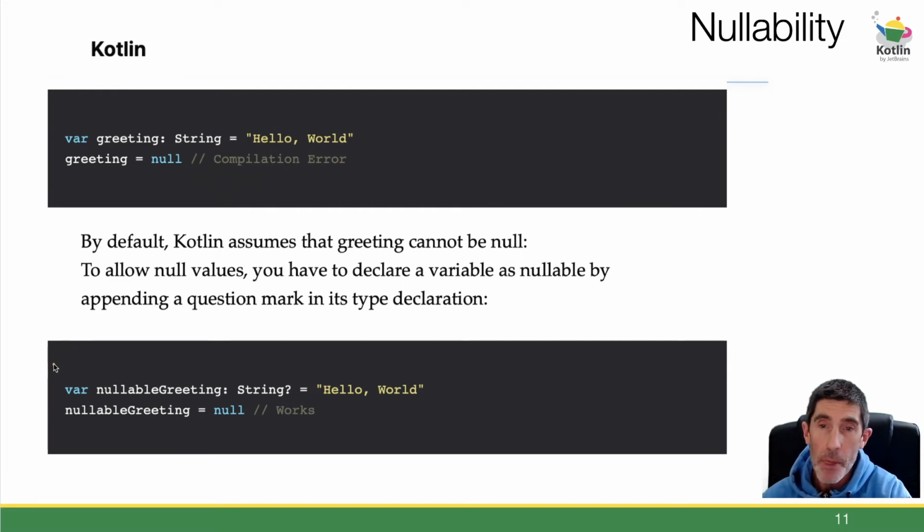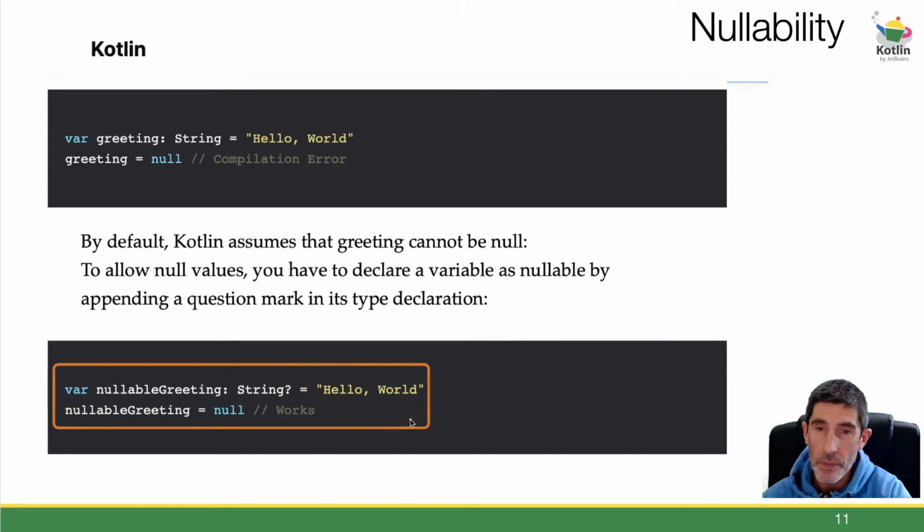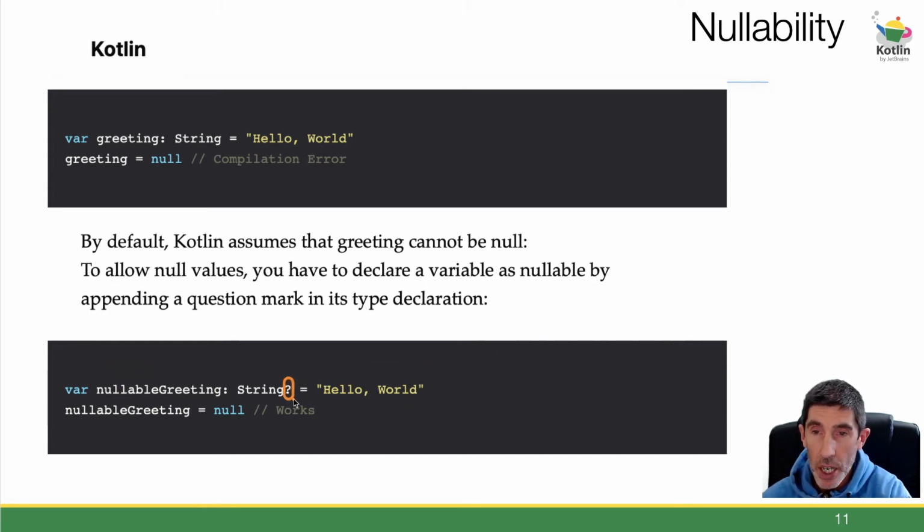So what you have to say is something like this down here. We can say var nullableGreeting colon, and that's the key part there. We're appending the question mark to the end of the type declaration, and then assigning it a value, so that at a later point, if we go ahead and reassign that null, that works fine. Okay,